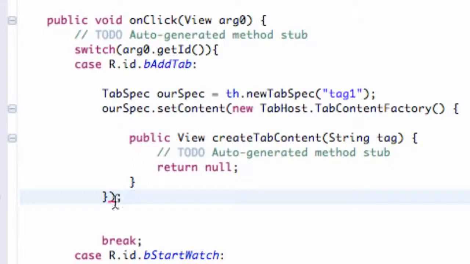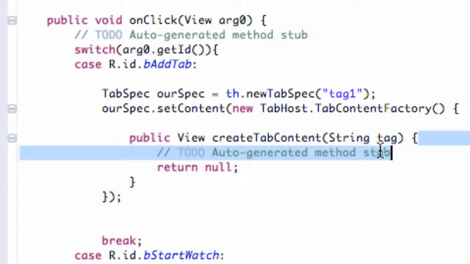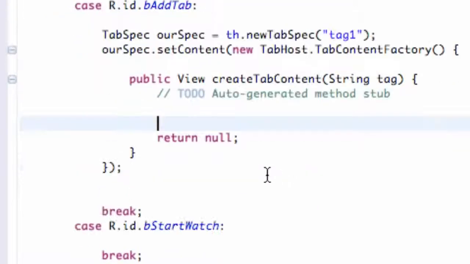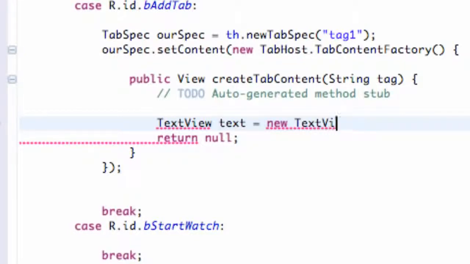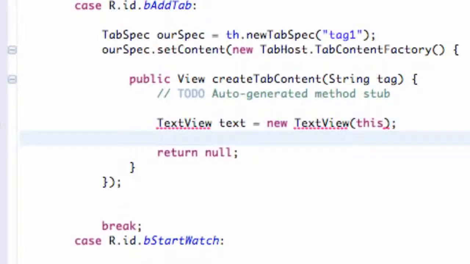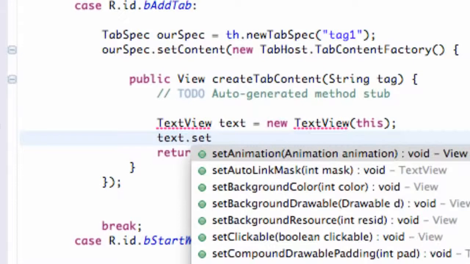And so we're going to finish off our statement first here so we don't get confused. And then we're going to go within this public view. And then within this tab construction, we're just going to create a new text view. So we're going to say text view text equals new text view this. And then we're going to set up our text view. Got to import text view, and then we're going to say text dot set text